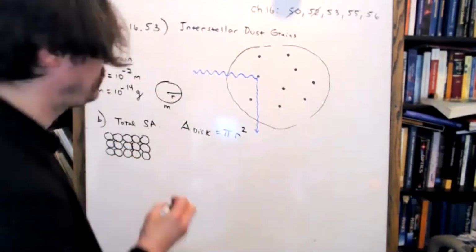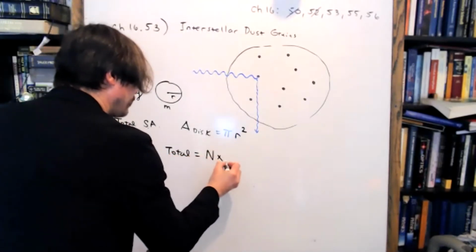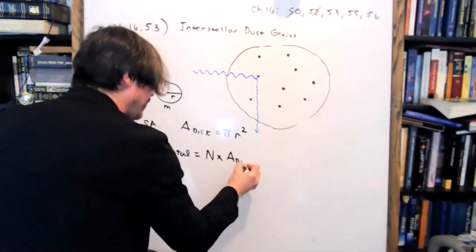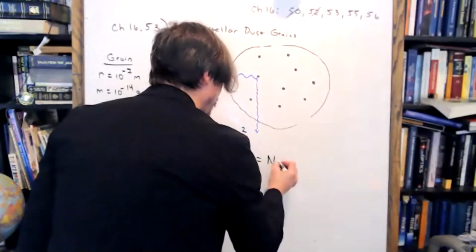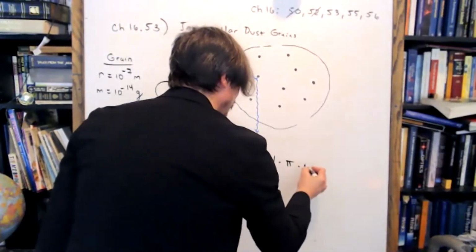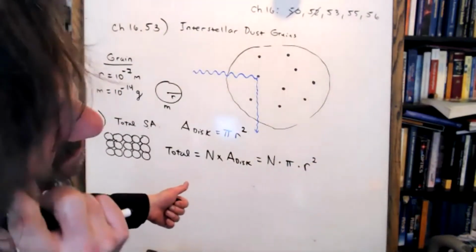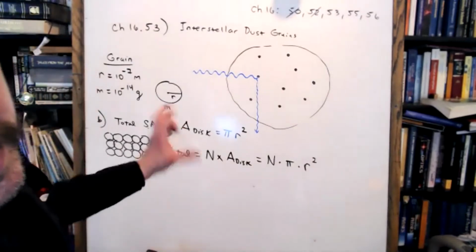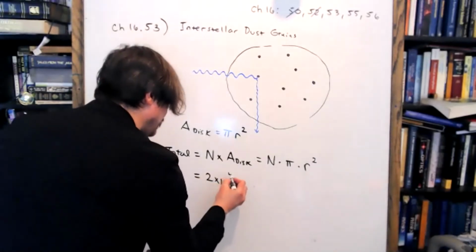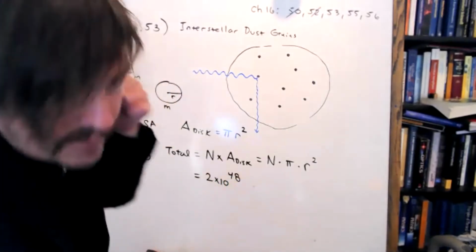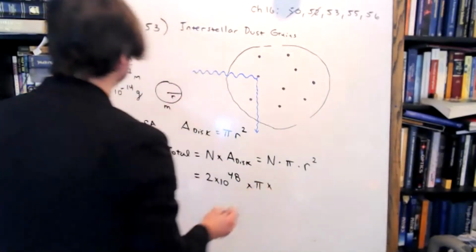So my guess is that the total surface area would be the total number of grains times the area of each little grain as a disk, which would be n times pi times the little radius squared. And I think they told us in the problem that they want this eventually in square light years. So we'll get to that. The number that we had for the number of grains was 2 times 10 to the 48. I'm not going to put a unit here because grains is like a dummy unit, times pi times the radius